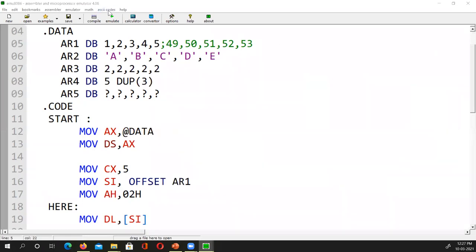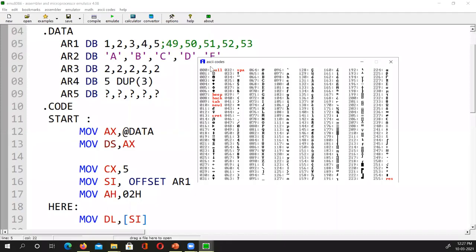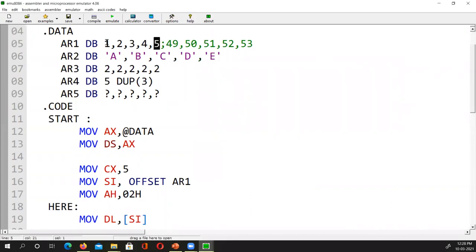Because if we see the ASCII chart here, this is the symbol of 1. This is the ASCII of 1, this is 2, this is 3, this is 4. So when you give 1, 2, 3, 4, it will consider them as ASCII 1, ASCII 2, and it will give output according to its conversion. It will give these things. Okay. Even if we write here 7, all 7s for example, 7, 7, ASCII 7s, 1, 2, 3, 4, and 5 ASCII 7s, and I emulate it